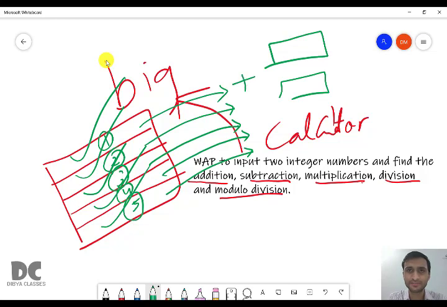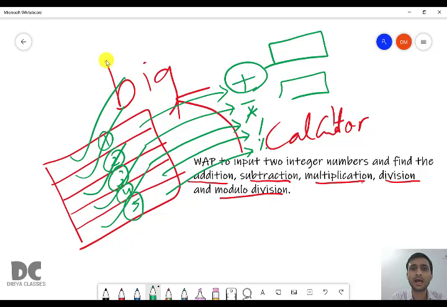So addition is a function, subtraction will be another function, multiplication will be another function, division will be one function, and modulo division will be another function. So this program can be divided into 5 small programs, and each of these small programs will use a function.